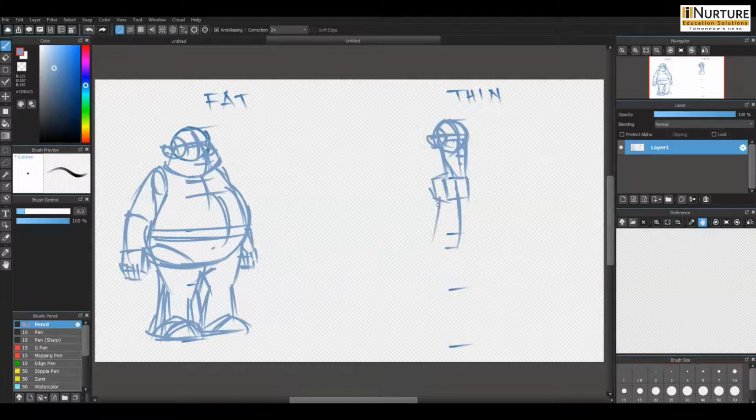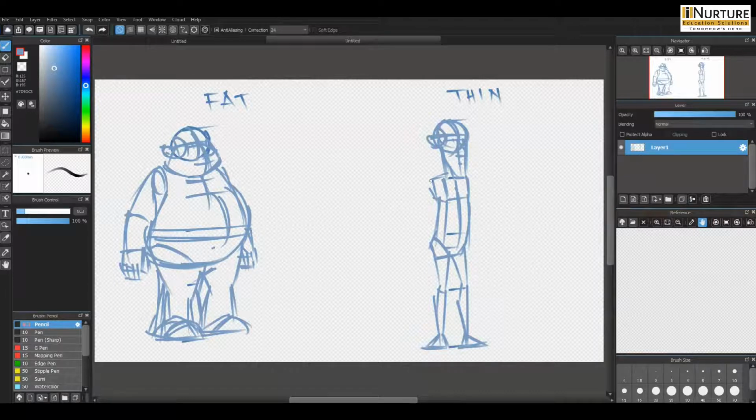Then character model sheets. Once a character is designed, model sheets are created for it. The character construction sheet will serve as your guide and your team's guide in the event you are working with other animators.